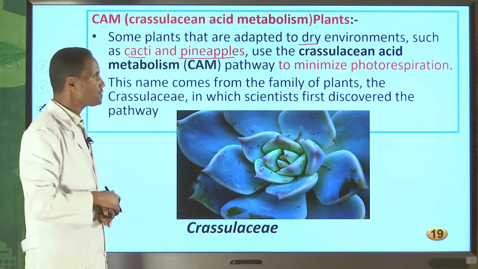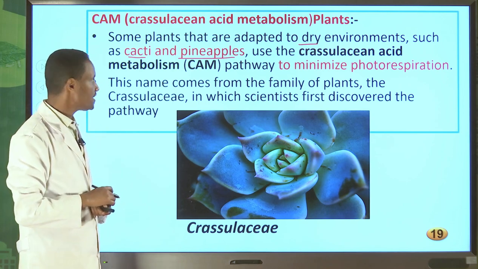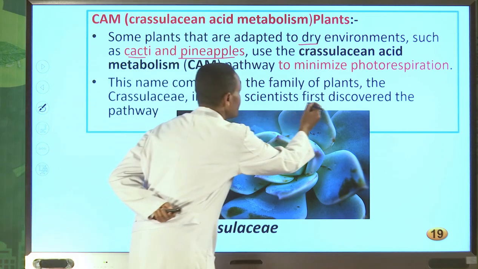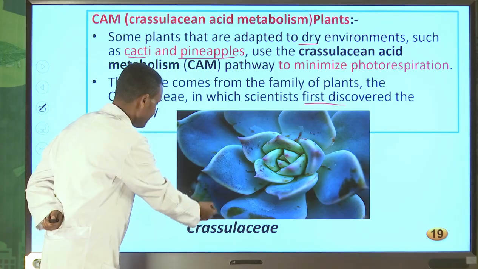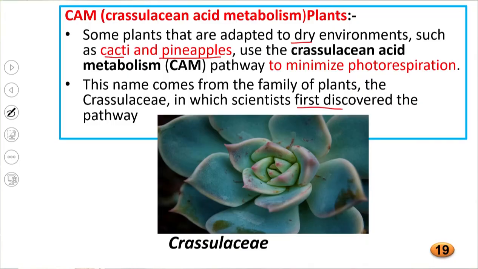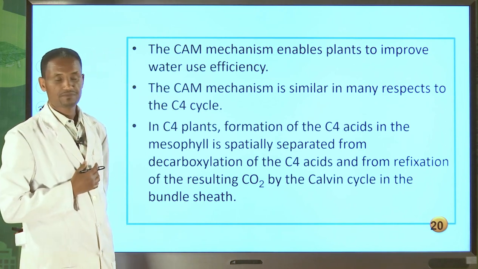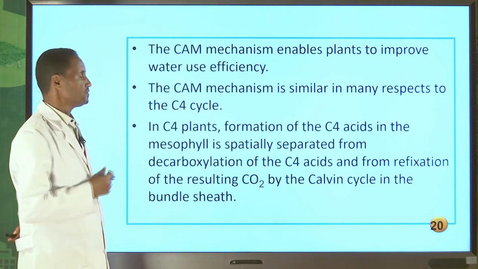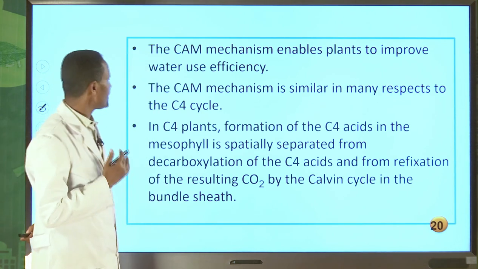This name comes from the family of plants, the Crassulaceae, in which scientists first discovered the CAM pathway. Now, this is the family Crassulaceae. The CAM pathway of photosynthesis was first discovered by scientists in this Crassulaceae family of plants. Here, the CAM mechanism enables plants to improve water use efficiency. The CAM mechanism is similar in many aspects to that of